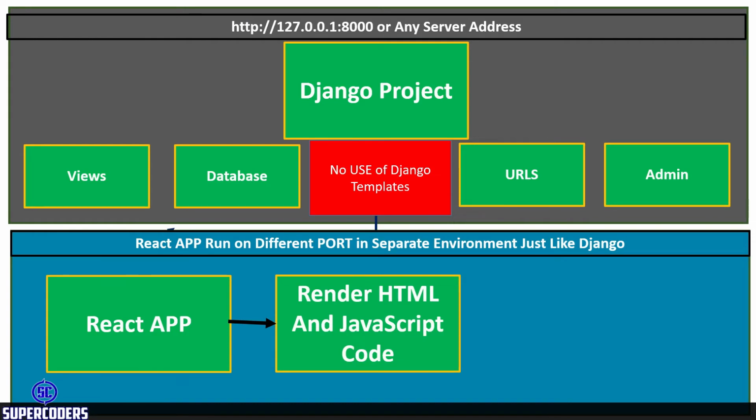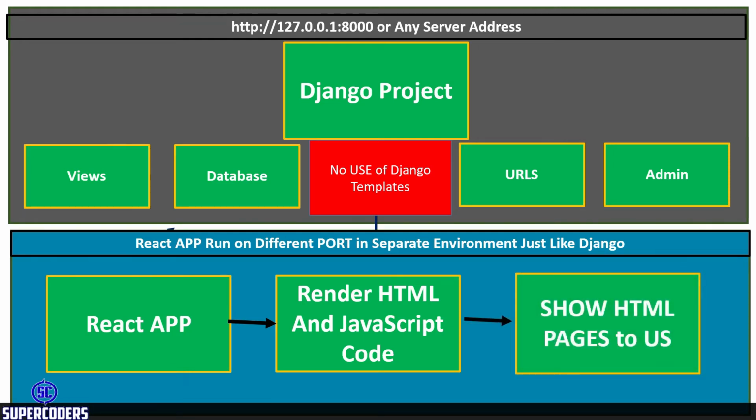Then comes our coding on the React app architecture. The React app has a different architecture and different style. When I create the React app tutorial, I will show you how to create React pages and a React app and run it on the React server. After coding the React part, we see the rendered page. This is a separate environment, just like client side and server side, just like an Android app and server side coding, where we fetch data from the server. So this is a separate environment of Django and this is a separate environment of React.